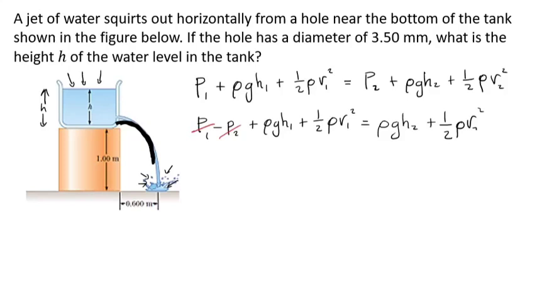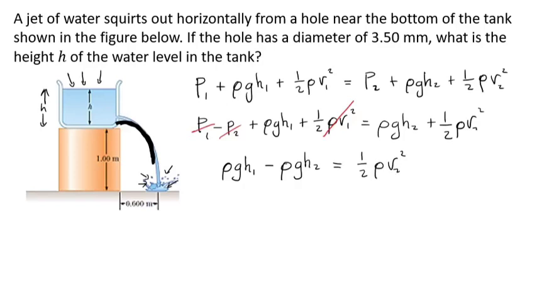Now the water, before it started flowing out, was still, meaning that the initial velocity v1 equals 0 meters per second. The initial velocity before it started flowing was 0 because the water was motionless. Because of that, the part with v1 will cancel out. So if that's the case, we can say rho g h1 minus rho g h2 equals half rho